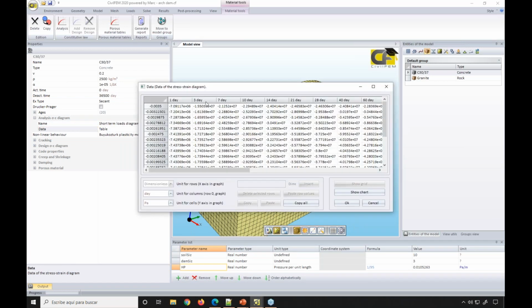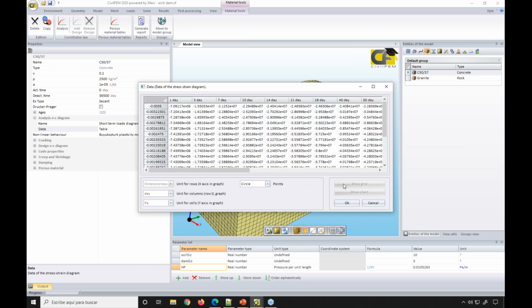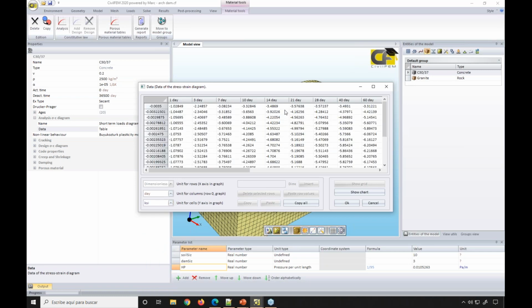Here in our data, as the concrete material is a time-dependent material, I can change the properties if we are going to perform an activation and deactivation analysis with the construction stage or evolutive analysis. But I can change my behavior here in the grid. I can edit the points, as you can see. Of course, you can change always the units